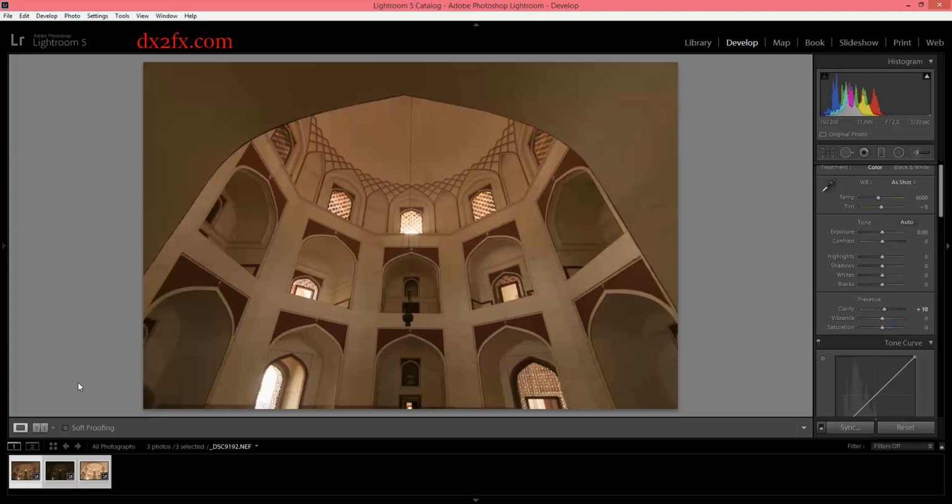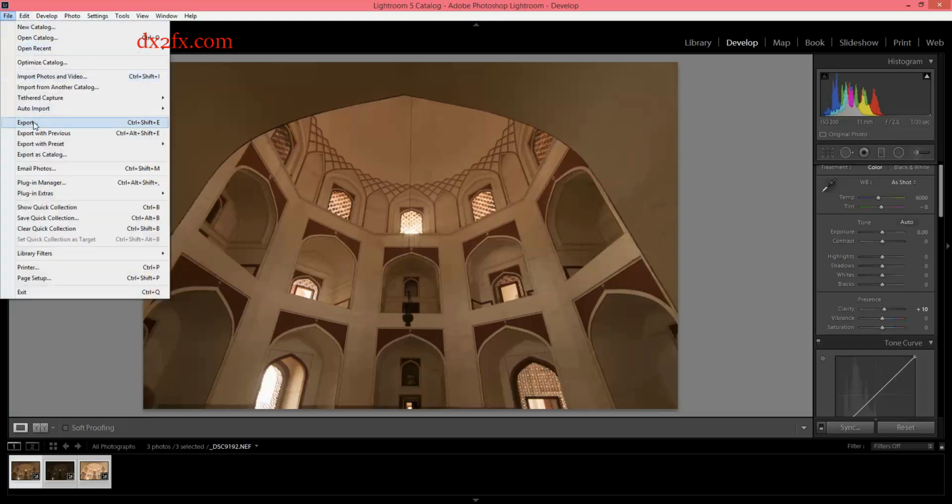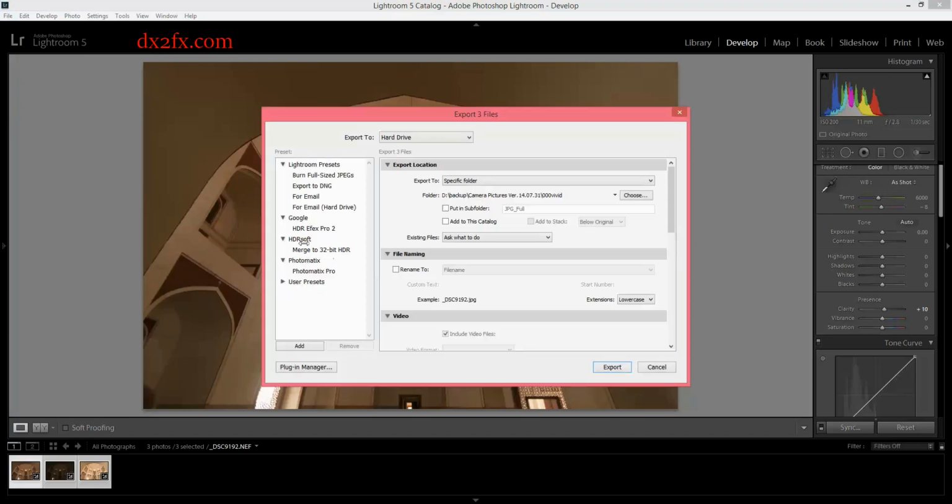Now what you want to do is to make HDR out of it. From here on, the real part begins. Go to the files, export. Here you see a lot of other options. I have Google also. I have Photomatix. I have Photoshop as well. But